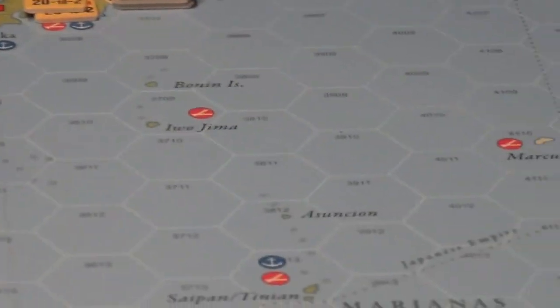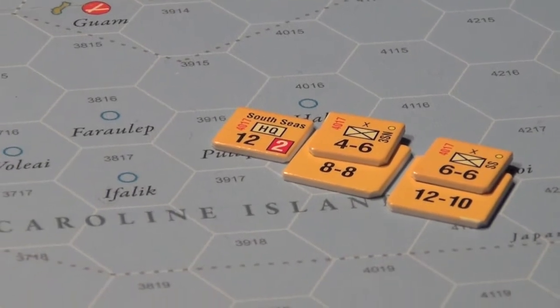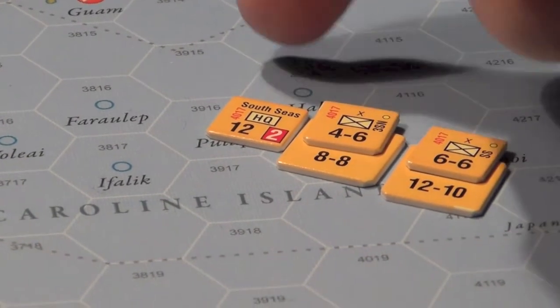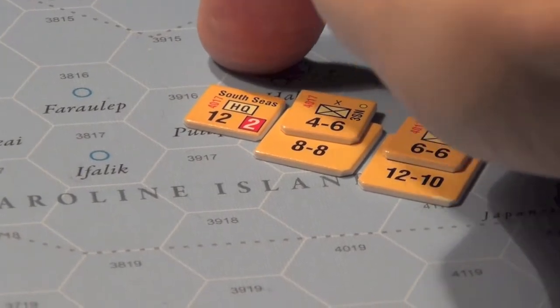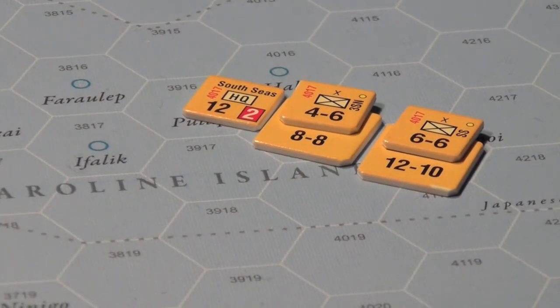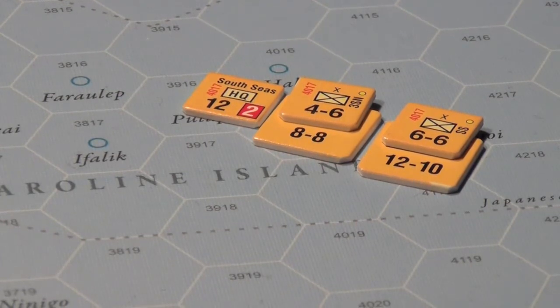And then as we move across the Pacific, this is Truk. So you'll see the south, that's an HQ, by the way. This is an HQ unit. You can tell it from the red number. It's got a range of 12 and an efficiency rating of 2. And you've got two small invasion forces, one with again a Marine unit